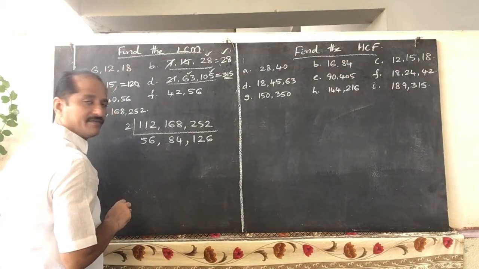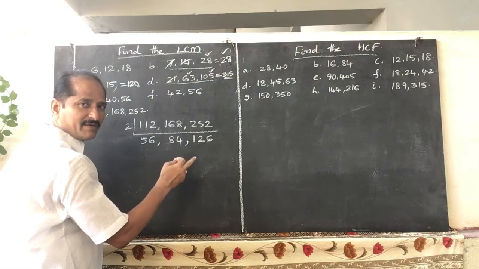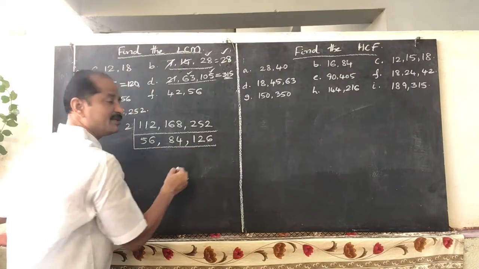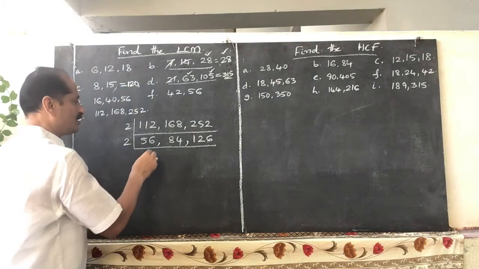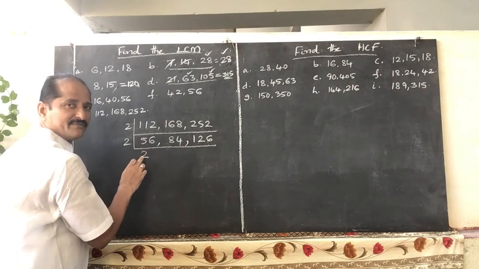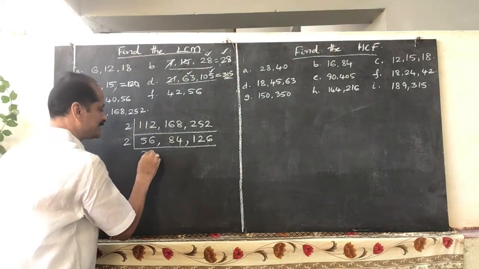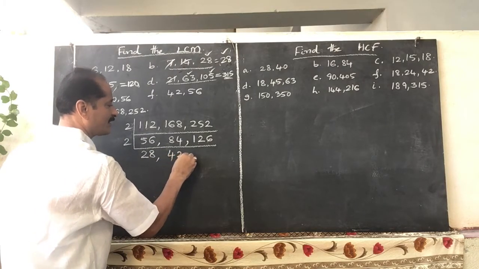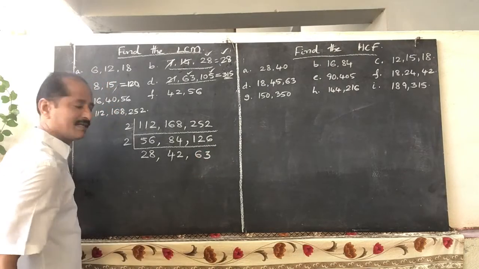Now check carefully, everybody. Is it possible to divide these again with a prime number? What is the prime number? First prime number 2. Yes, all these numbers are divisible by 2. So take 2 as a common divisor. Now divide with 2. So 56, how many times? 2 2s are 4, remainder 5 minus 4, 1. Bring down 6, 16. 2 8s are 16. Next, 2 4s are 8. 2 2s are 4. Next, 2 6s are 12. 2 3s are 6. Like this.